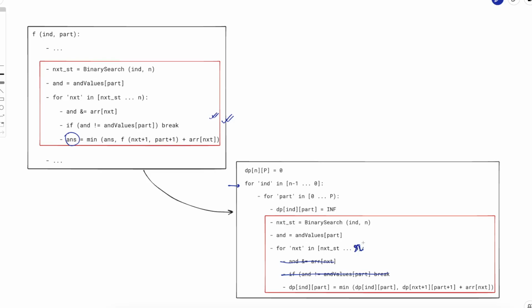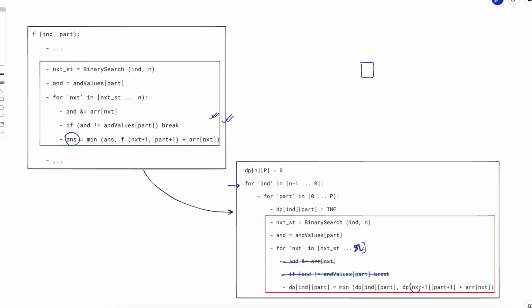So your main goal is, between a range, you are looking at array of next plus dp of next plus 1 comma part plus 1, right? In other words, part plus 1 is kind of constant here because part plus 1 is fixed. You are looking at, for a particular part,